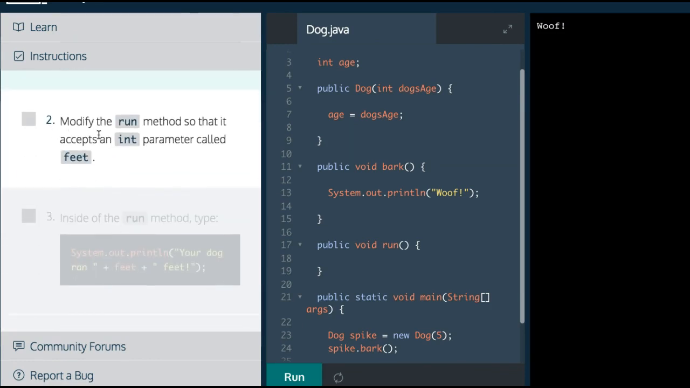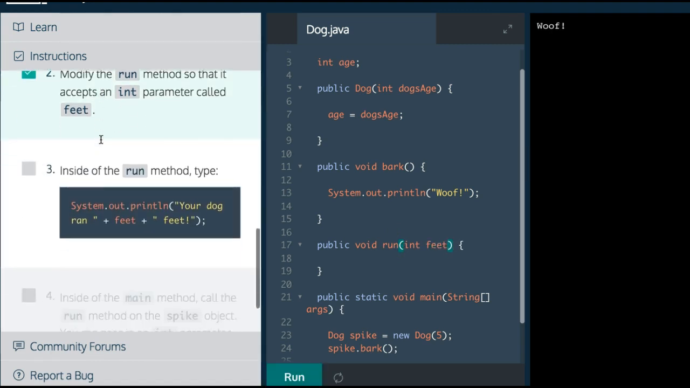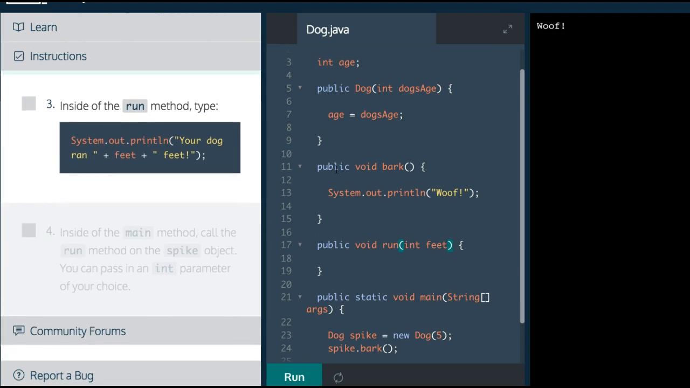Second, it says modify the run method so that it accepts an int parameter called feet. So here we want to do int feet. We'll run that. We did pass that. Inside the run method, type. So let's go here and do